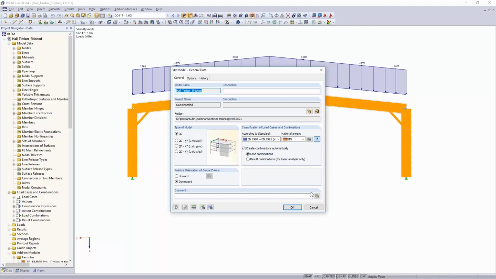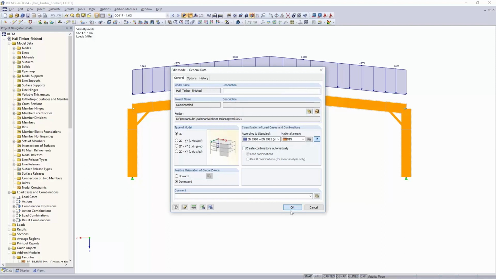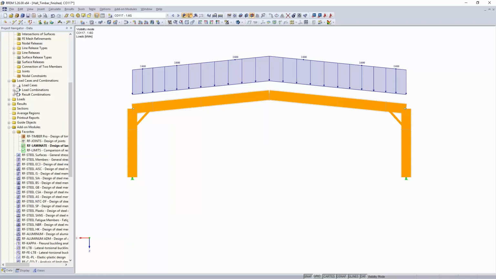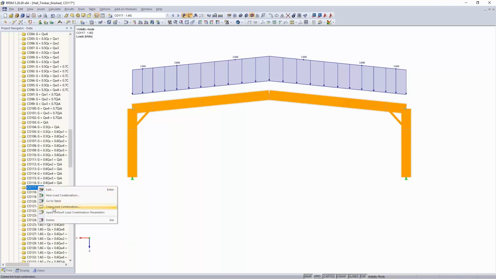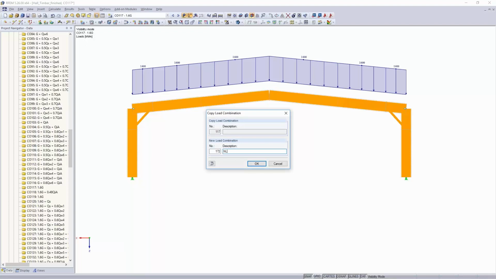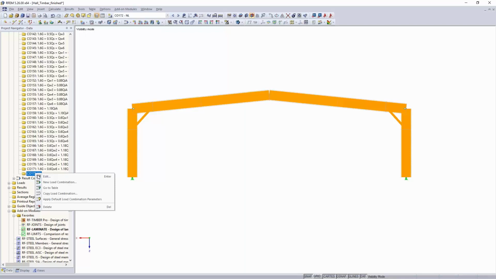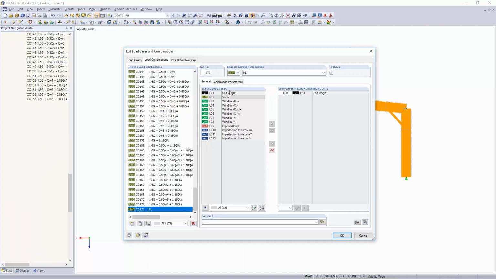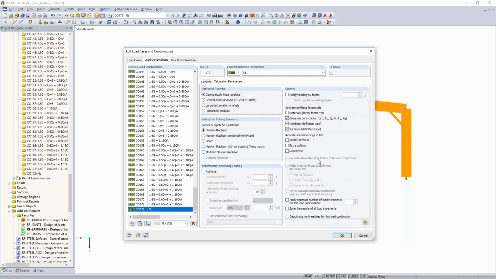Therefore, in the general data, I will now switch off the automatic load combination, and I want to keep the current load combinations, say OK. Now I can go in here to load combination 117, copy this load combination, and call it nonlinear. Here I have this copied one. Go edit there. At first I have to reduce the increasing, so just have it at a characteristic level, and then in the calculation parameters, and we're going to need these options later also for the ultimate limit state,